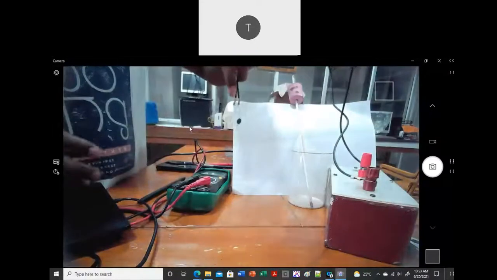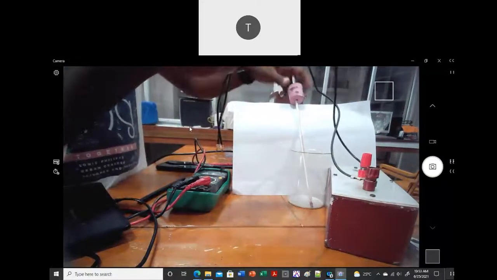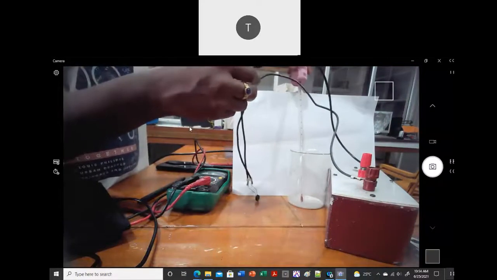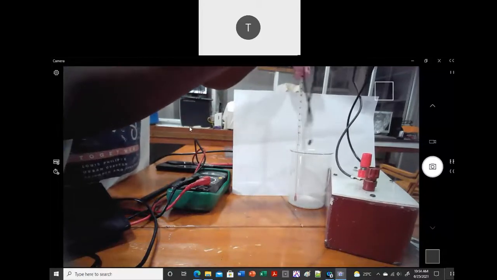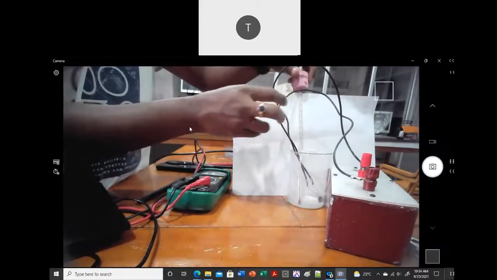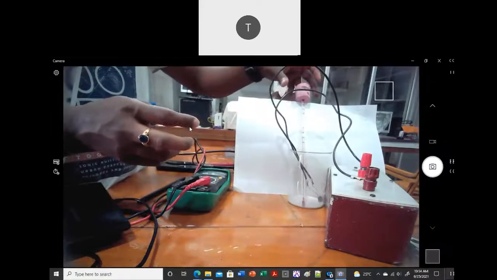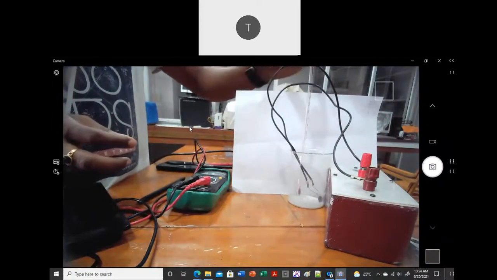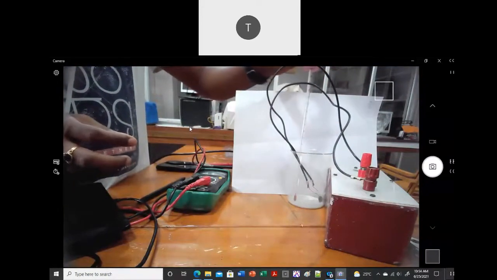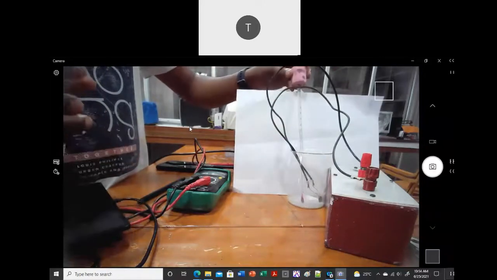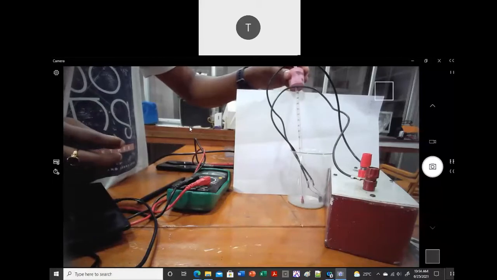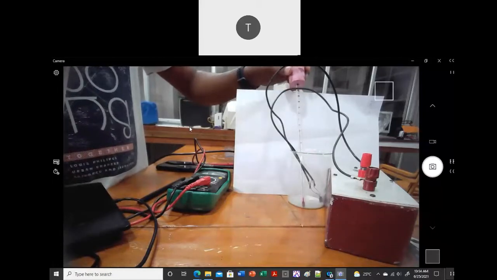Then you have your thermometer and a beaker. I'm going to put this inside the beaker, and normally this will be fixed on a stand, but just for the demo I'm using it like this, because I'm doing it in a different lab. You can see here right now what the temperature is.